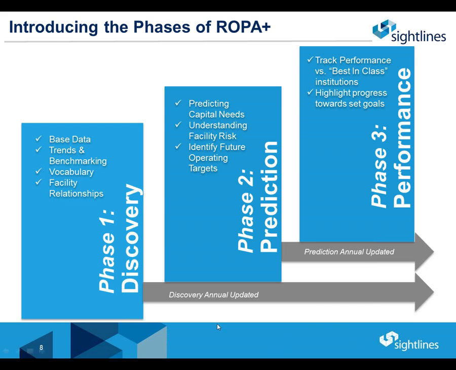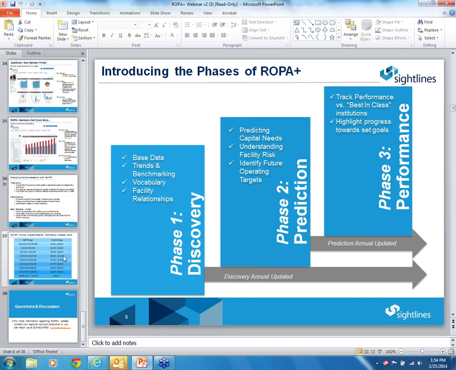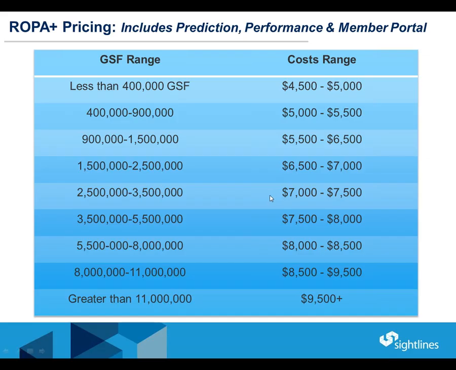And the fees, the other question I just saw that just came in is the fee structure. The fee structure would be on an annual basis. So if your current fees were, say, $18,000 or something like that a year, then you would add this on top of that, and that becomes your new annual fee. So you can see that there's a modest increase to be able to have these new prediction and performance tools.